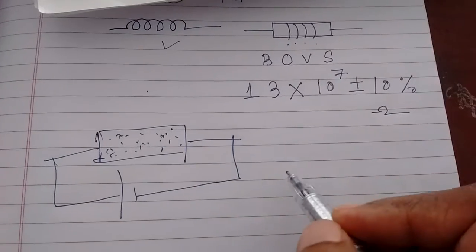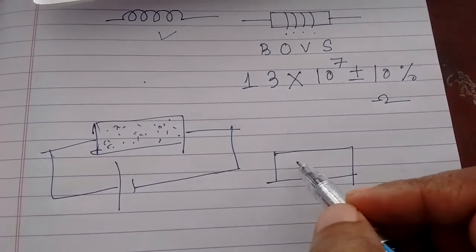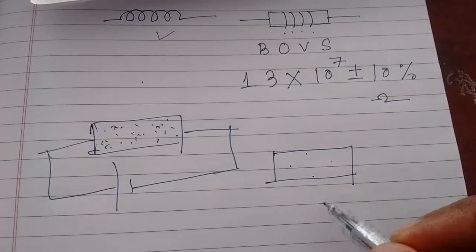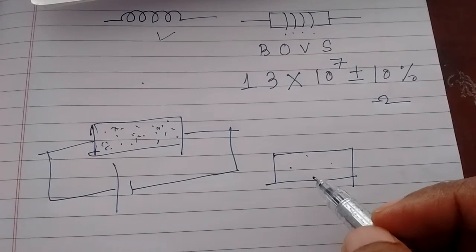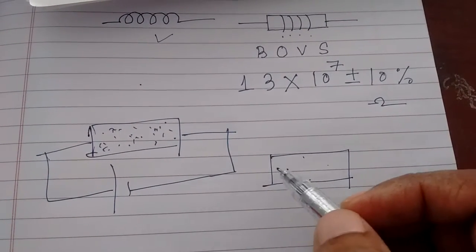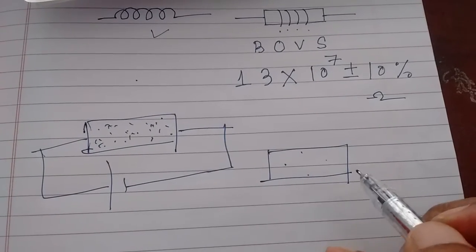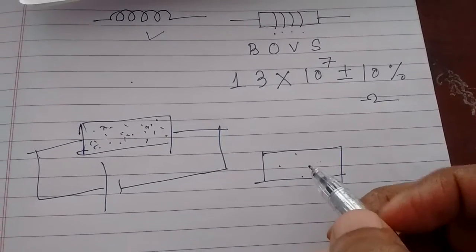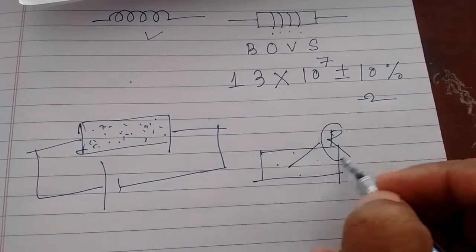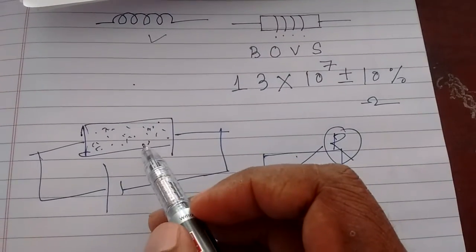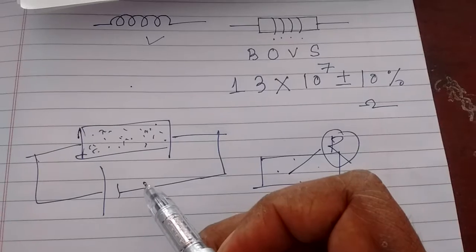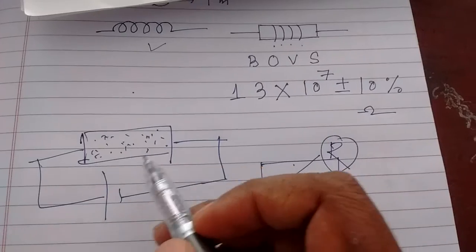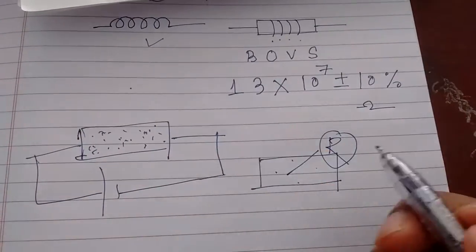But this is not the factor in case of insulators. If this is an insulator, inside it there is hardly any free electron. That's why if you keep on increasing temperature, more number of electrons will be produced, and they will carry current easily. That's why in case of insulator, if you increase the temperature, number of free electrons will increase, and subsequently resistance will decrease. Okay, but in case of conductor, the number of free electrons are already plenty, but if you increase the temperature, they will again increase and be crowded inside the material. That's why increasing the resistance.